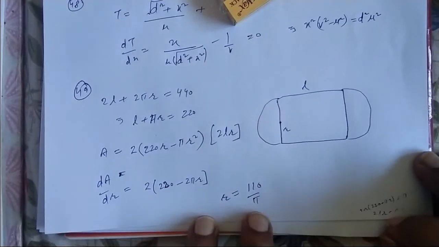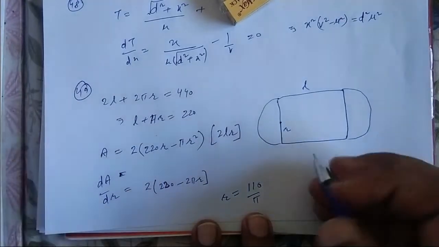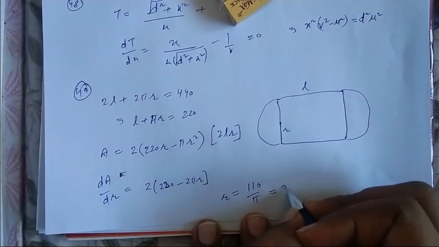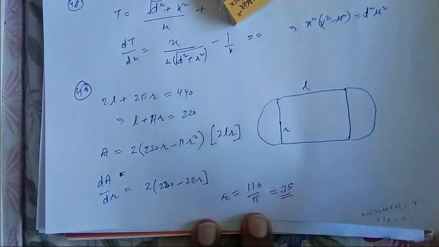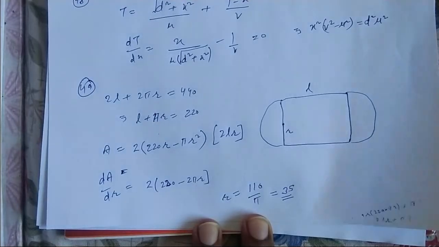For simplicity we can use the value of pi to be 22 by 7, so R comes out to be 35 units. Coming on to the next question, question number 50. If p(x) is a polynomial in x belonging to R, where 0 less than a1, then p(x) has,